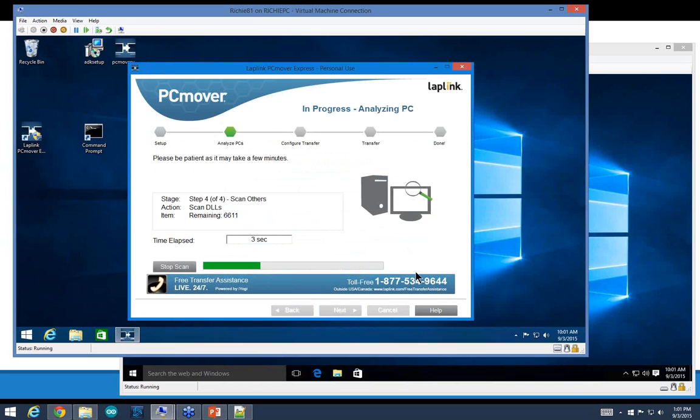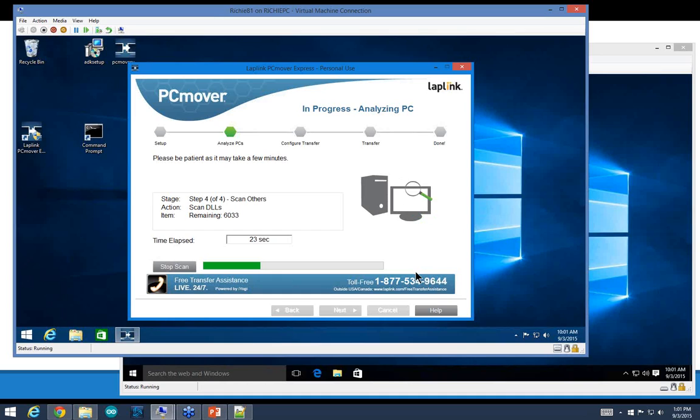They do have a cable option, so if you go ahead and buy their USB cable, or if you buy their LapLink cable, you can connect the two computers directly to each other. Speed may vary depending upon the USB connection that you're using, so I kind of like the network. As long as you've got a network, which just about every machine does, you're going to just use that network